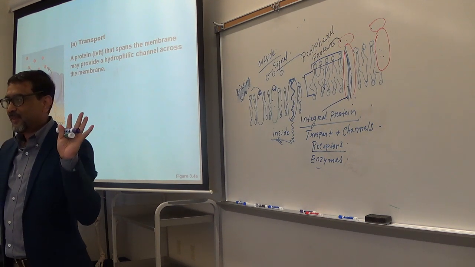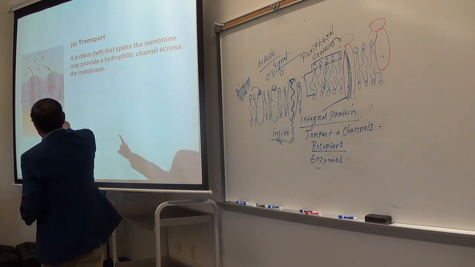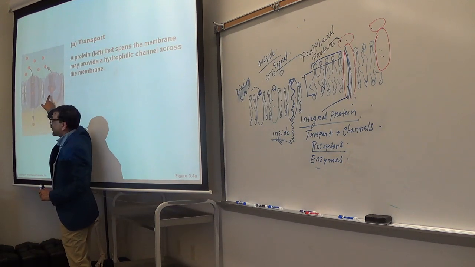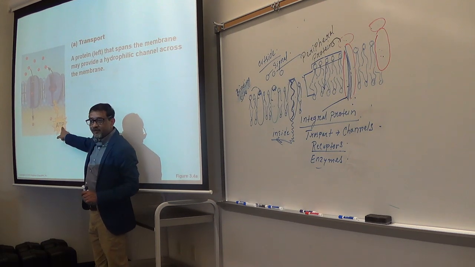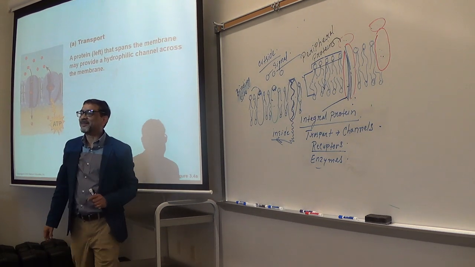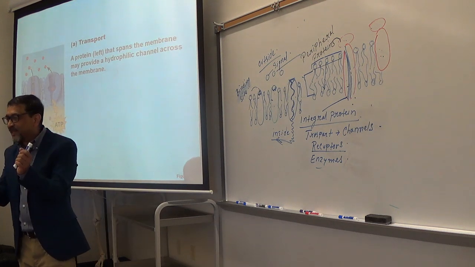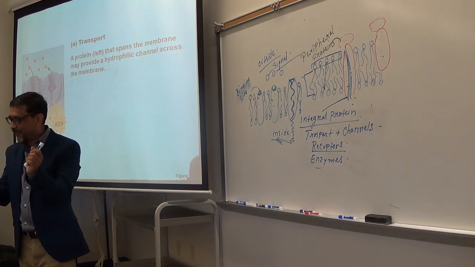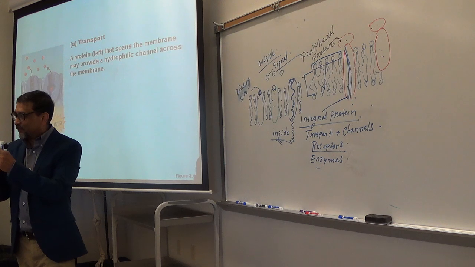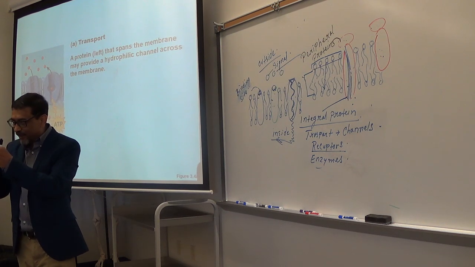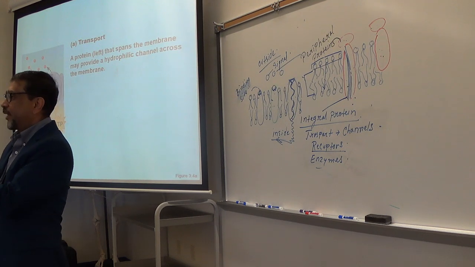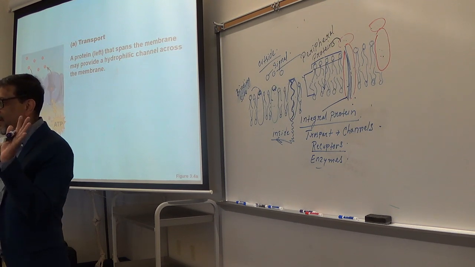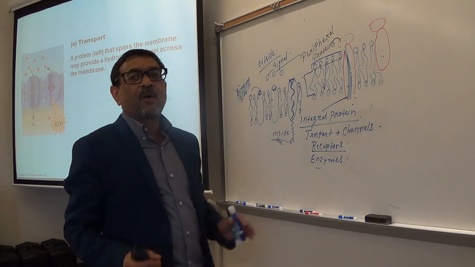Make sense? Some integral proteins have channels, but those channels are controlled by what? ATP. That means to open the channels, you need energy. ATP. Make sense? So they will stay closed. When the molecules pass, the ATP will work and will open the door. So some are always open,